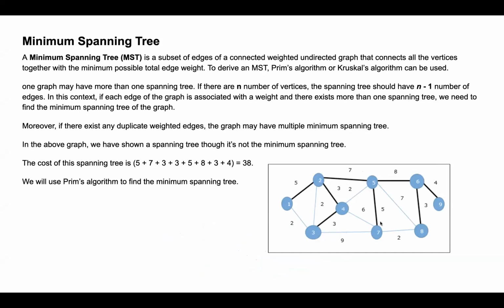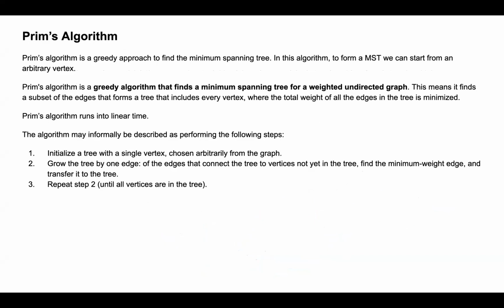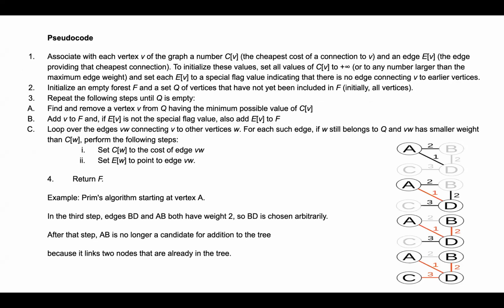And to calculate that minimum cost spanning tree, we have Prim's algorithm and Kruskal's algorithm. In Prim's algorithm, we randomly pick one node of the graph, and from that we calculate which is the lowest or minimum value